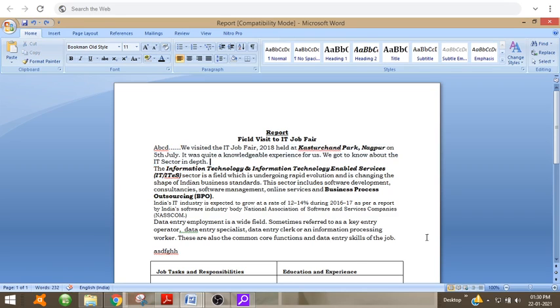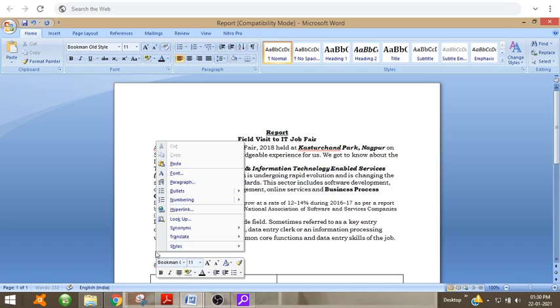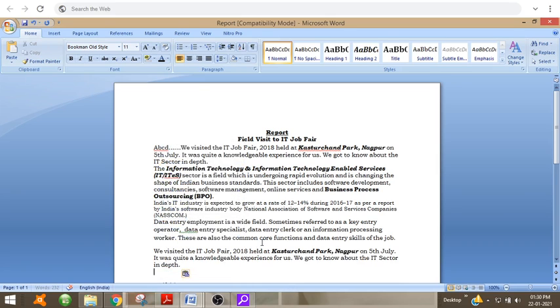Suppose I want to copy it here, then make the cursor appear here. Either you can right click on the mouse and the paste option will appear, or you can use Control V. So with Control V, you can see the same thing I copied from here has been pasted here.